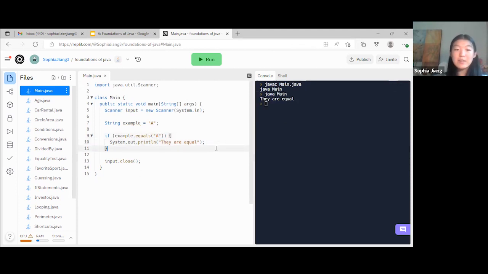Now, if you want to test if something is not equal to this, remember for your primitives you would just do exclamation point and equals instead of equals equals. Now, the concept is pretty similar. Instead, if we want to check if it's not equals,